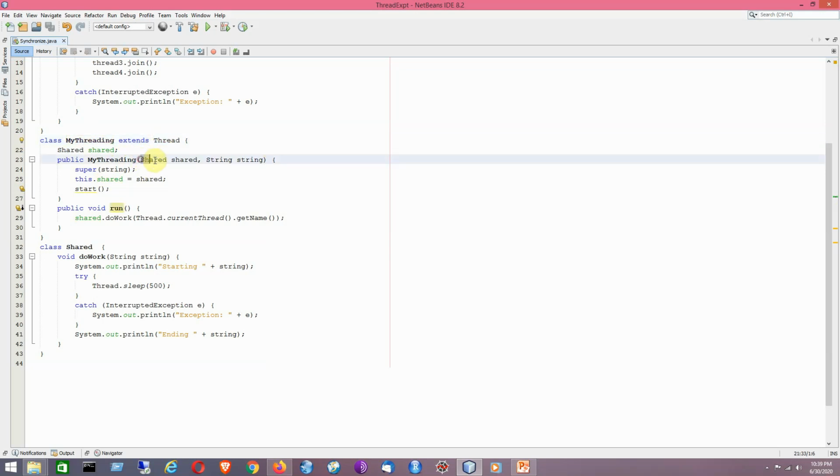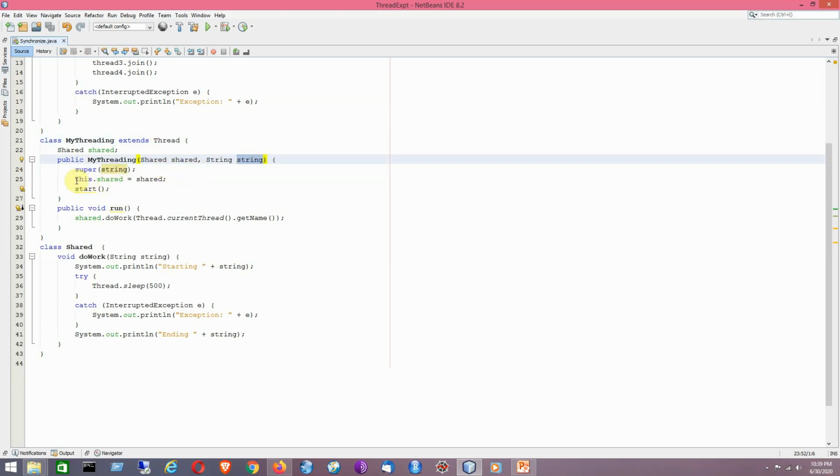We have a customized thread class constructor, where we pass a reference of the shared class and a message that is basically the name of the thread itself. It calls the superclass constructor, that is the Thread class, with the name, so that will be assigned to the thread itself.